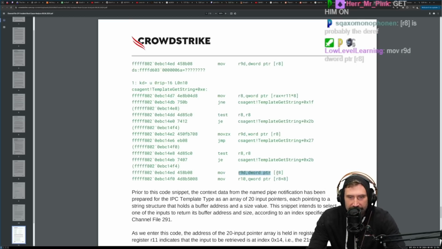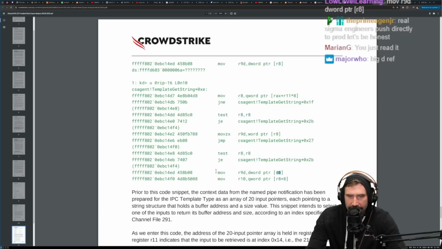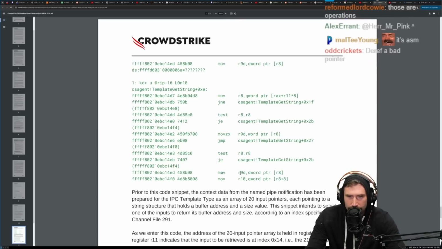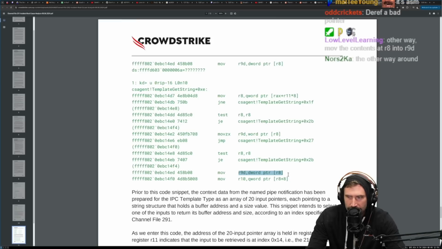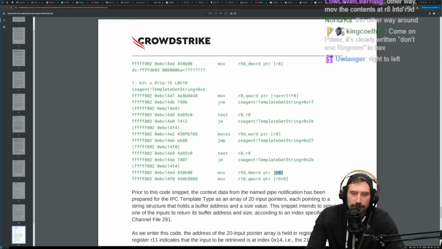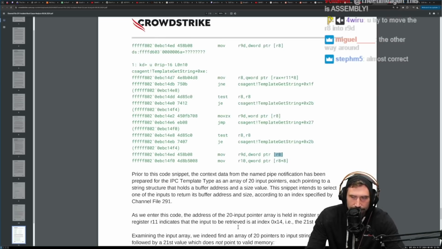We try to move this into this. Is that how you're supposed to read it? We move the value of whatever is in here into R8. Other way around. Move the contents of R8 into R9D. Okay. Move the contents of R8 into R9D. But there was no contents. Joke's on you.